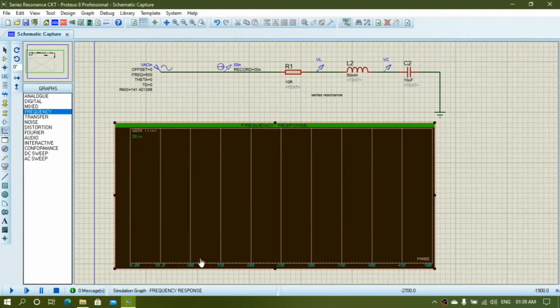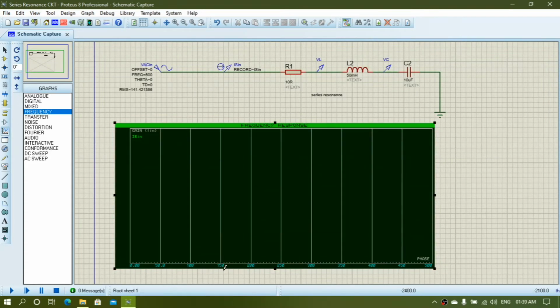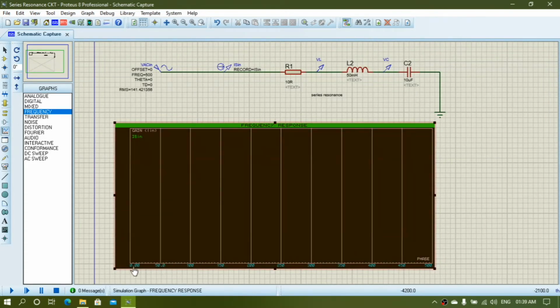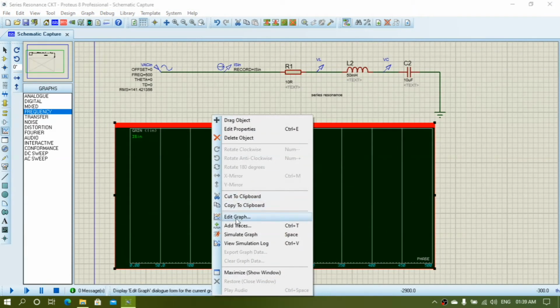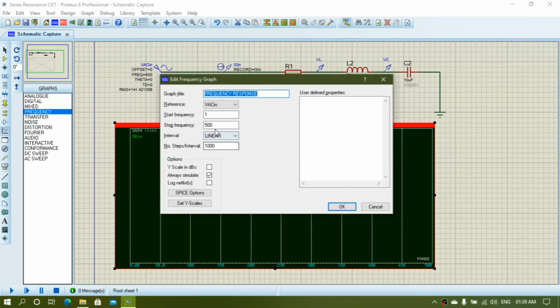So you could see our frequency at the x-axis has been scaled as every 50 Hz. That is only because of this parameter, 500 Hz, with the 1000 steps: 500 Hz divided by 1000 steps gives this 50 Hz resolution.